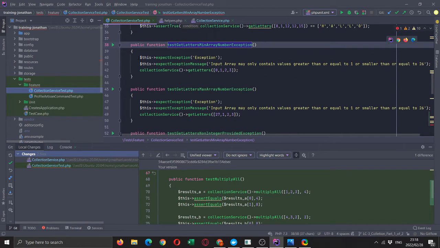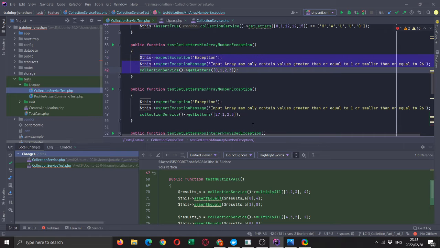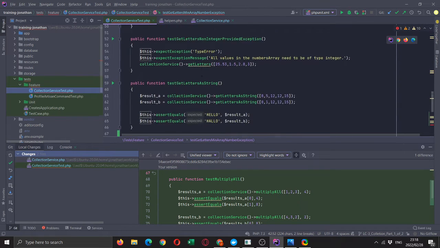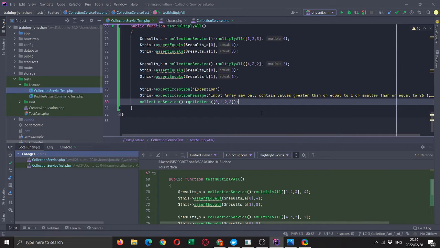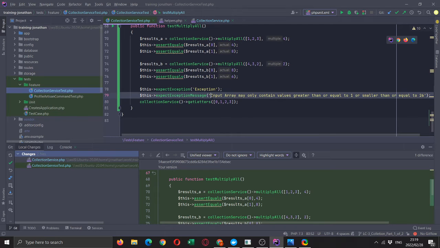So what's pretty awesome is we've already got some decent code. Probably not really being DRY right now, but for all intents and purposes, that will just make our typing a bit quicker. All right, so we've got this expect exception, and let's just say the error message is that all numbers provided in the input array should be of type array of numbers. Should be of type,